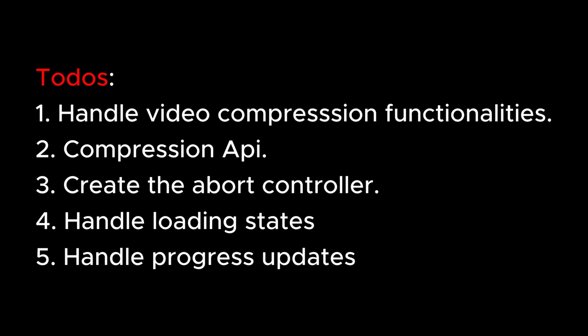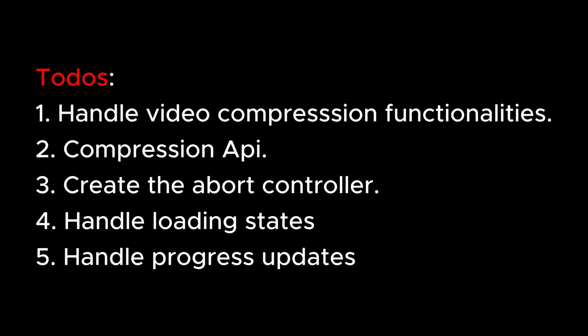So we are now going to implement the main functionality that will handle video compression. We'll start by creating an API that will send a POST request to the backend. The API will handle all our responses or errors, including abort signals, and finally return the compressed video data. After that, we'll create a method called handleCompression, which will be in charge of the main video compression